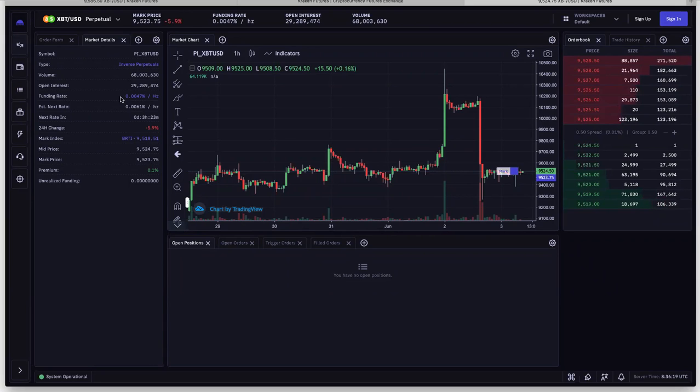So if you close that position, you'd no longer be paying that. It's only throughout the period you have that position open, and it's deducted in real time on the platform. So you see this unrealized funding column. Obviously, it's empty right now because there's no position open, but you would see that either accruing a deduction or a credit in real time, and then at the 4 hour period, that would then become realized funding, and you would see an entry on your account log for the full amount.